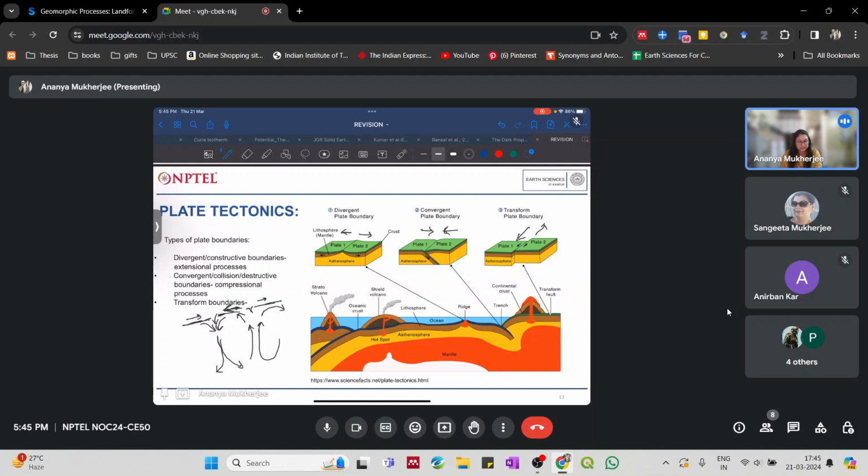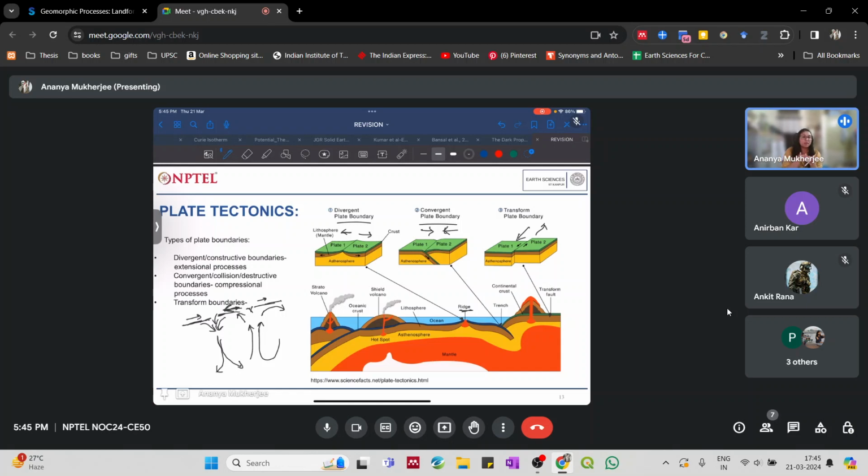Over here you can see what kind of plate boundary action is taking place. The mid-oceanic ridges that we talk about are created at divergent plate boundaries. Trenches are created because of convergent plate boundaries, and transform faults,